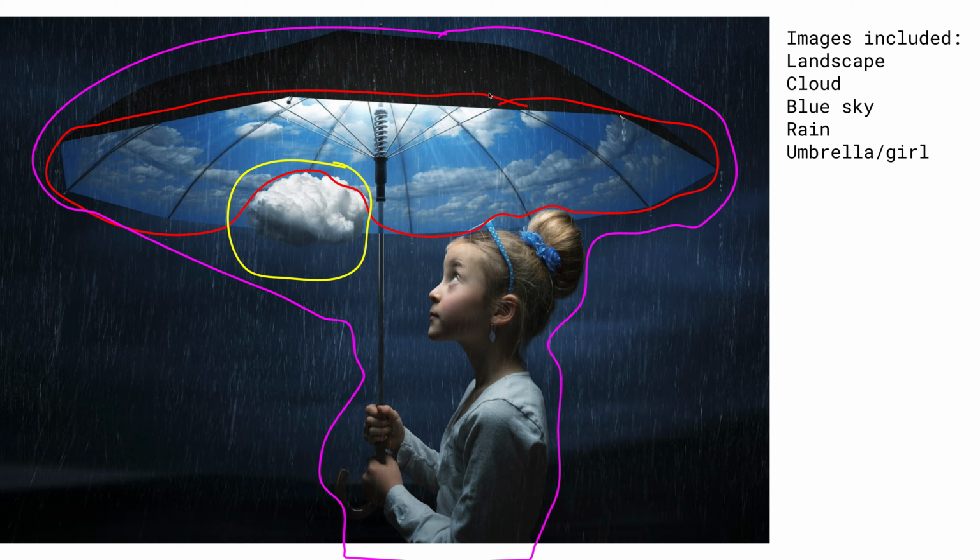There's probably 2 photographs of her holding the umbrella. One where she might just be holding this stick, and there's probably a light at the top because she has this nice glow on her. And then there's probably another one of her holding an umbrella with no light in it to get this right here. Then there's obviously the clouds inside of the umbrella, and you can see right here that kind of difference